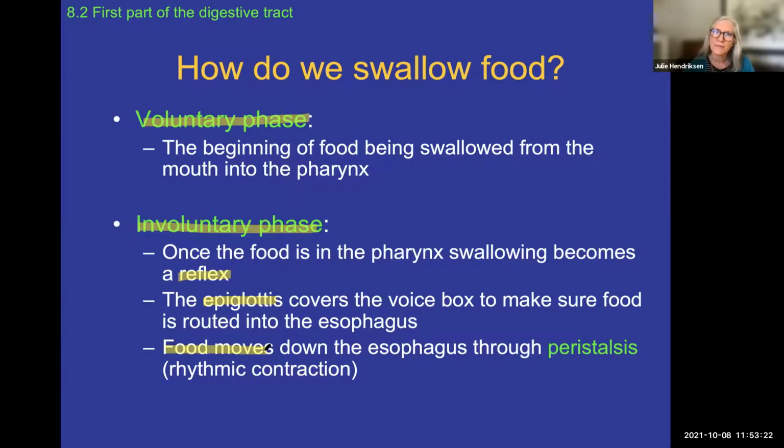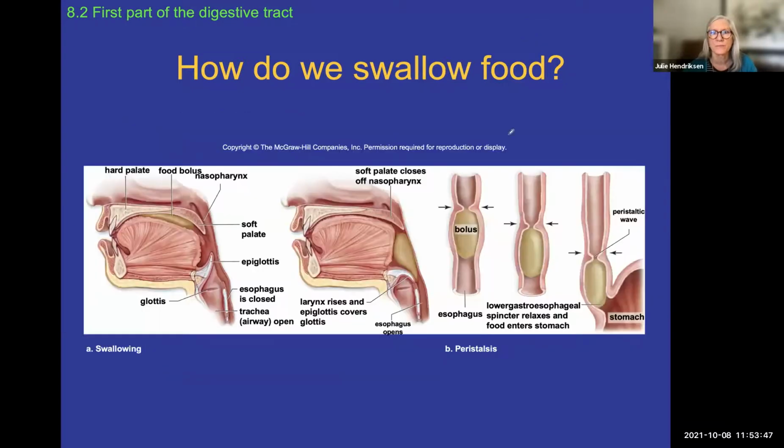The process of moving is this movement called peristalsis. That's the squeezing of these smooth muscles in a rhythmic way that pushes the food downward toward your stomach, and the same kinds of contractions will push the food all the way through the GI tract. Here you can see the bolus, as we talked about, the food that's been chewed or ingested becomes